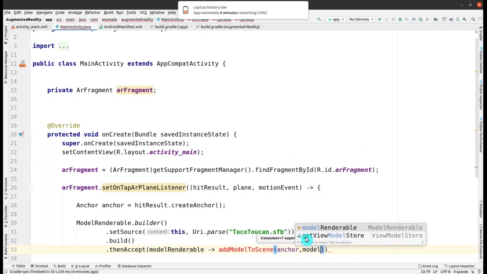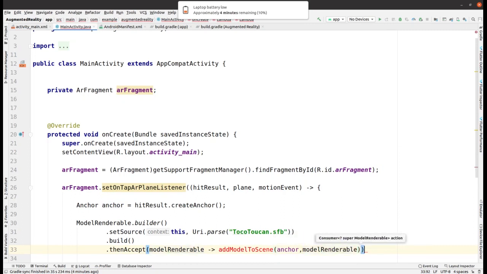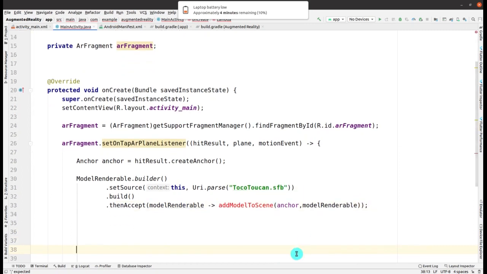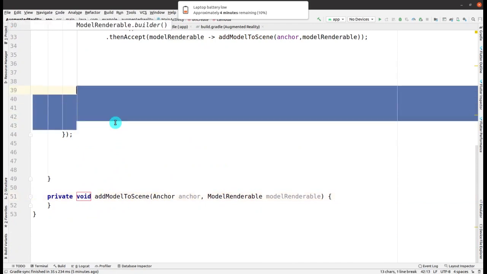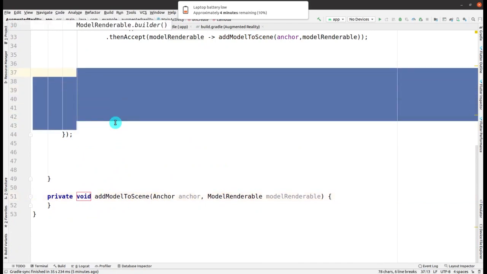What we have to do here is pass that particular anchor and model renderable. So just implement this method, and we have to give the rest of the things within this method. So let me remove this.